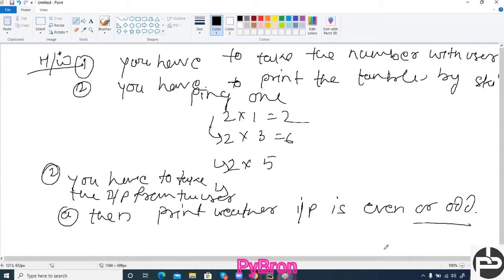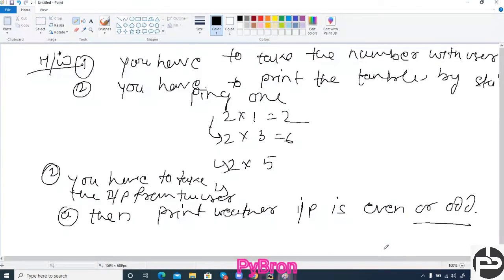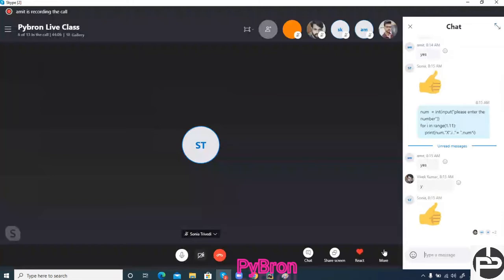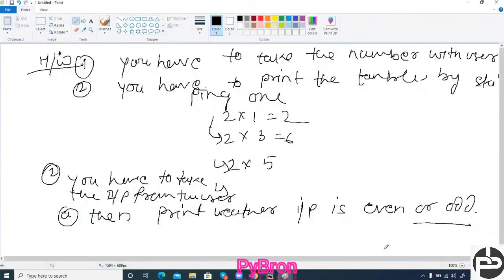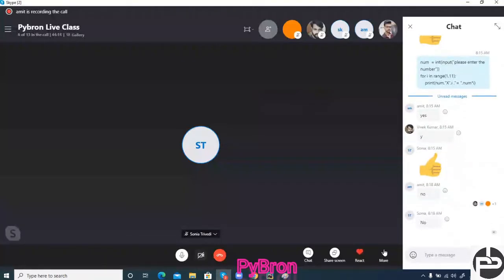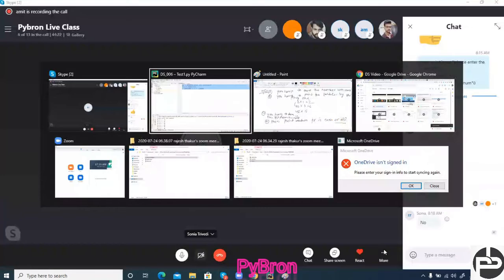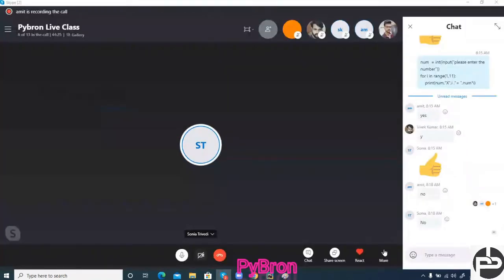2 homework I had given till now, and I'm teaching for loop, if else also, don't worry. But the homework you understood, right? Whatever I had given, you can do it. Any doubt with this homework? It's a 5-minute job only, 5 minutes. And already I gave the solution here. You have to do some implementation here. Sonia is saying no. Sonia, can you unmute yourself? I would like to know what you did not understand here. Sir, I'm saying that no doubt. Okay, sorry.